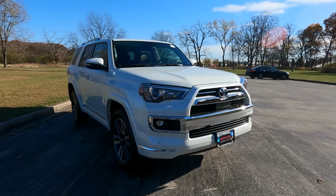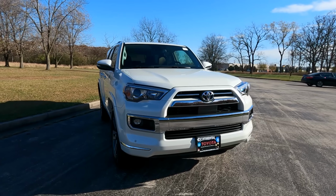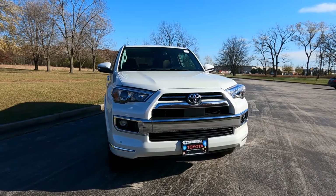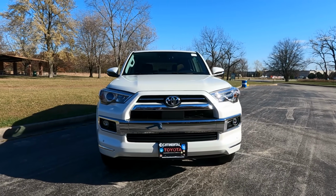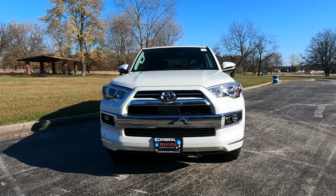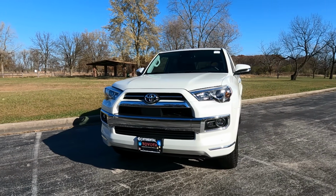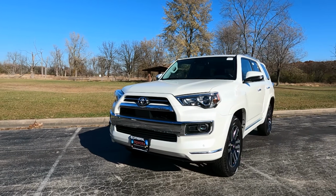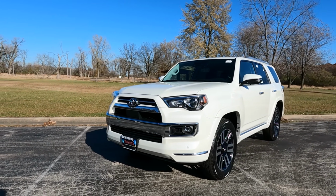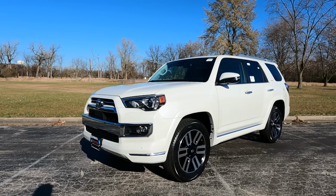To conclude, the 2021 Toyota 4Runner is more of the same and that's perfectly okay. The 4Runner looks like a masculine SUV and not a feminine crossover. The 4Runner is high riding with lots of ground clearance and provides a 4-wheel drive system that can pretty much go anywhere. The 4Runner is also quiet and comfortable around town and has plenty of space and features for the whole family. The 4Runner also has a tried and true engine and transmission combo that never feels underpowered and is